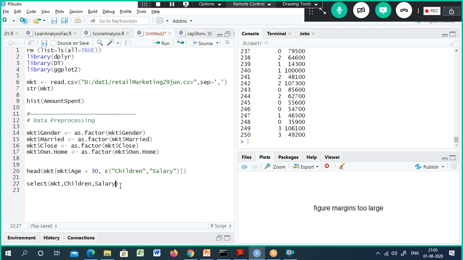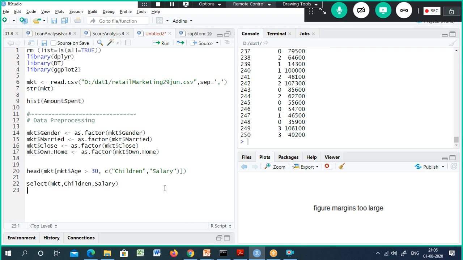that you need to select, you need to list down those column names. But who knows, in your existing script window you might be using more than one data frame. In this case we are using only one data frame, mkt. If you are using more than one data frame, then your select function should not get confused. You need to specify the data frame, the first argument is supposed to be the data frame, from which data frame you want to select the column.